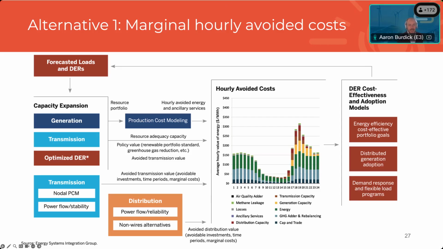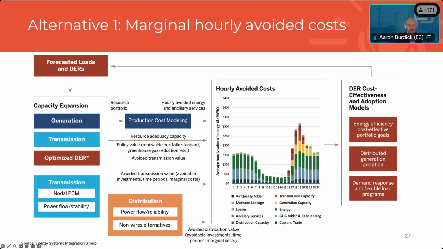This can be supplemented by additional transmission analysis to avoid when resources can avoid transmission, as well as where. And then the distribution component is flexible here in the sense that you can define it however you want based on your use case. So if you're really focused on considering circuit level distribution deferrals, for instance, you can screen those through your distribution planning processes, and you can provide a precise measurement of those places on your system where DERs can provide distribution deferral and the hours in which they would need to output to do so.